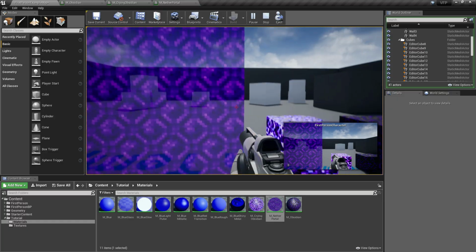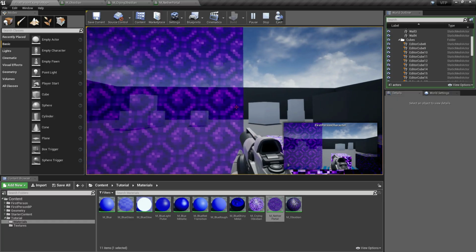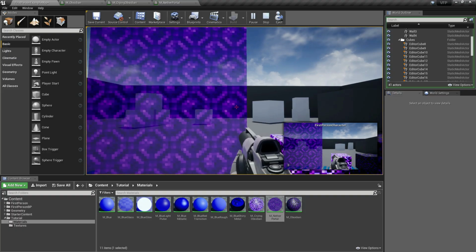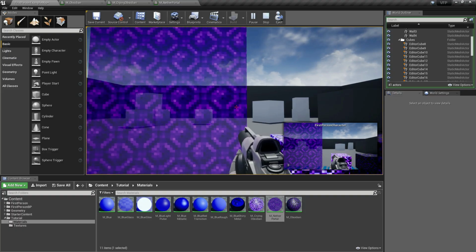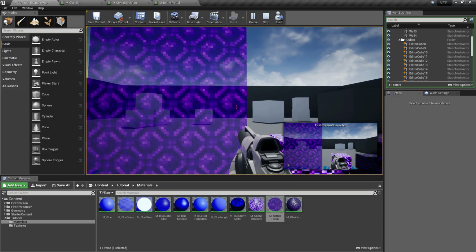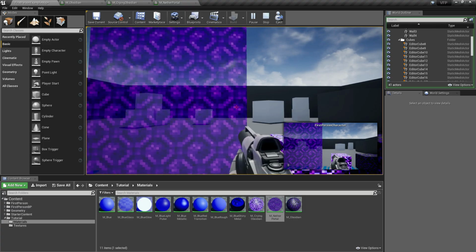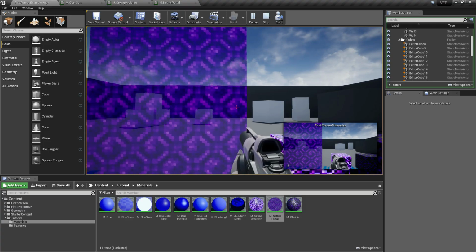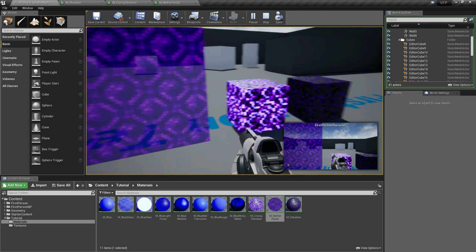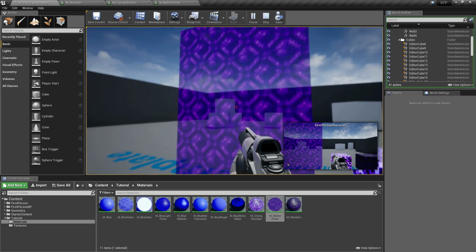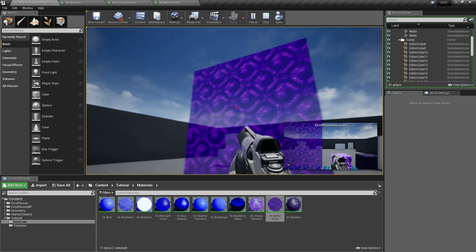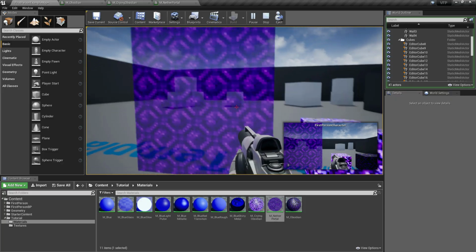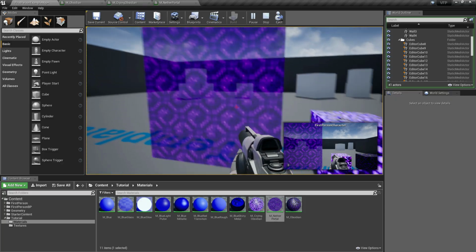So you don't need to adjust the object's coordinates manually when you're creating an object with different sizes but with the same material. So using world aligned texture, this is how we apply the world space coordinate instead of UV coordinate.